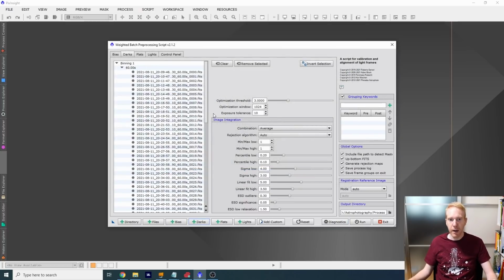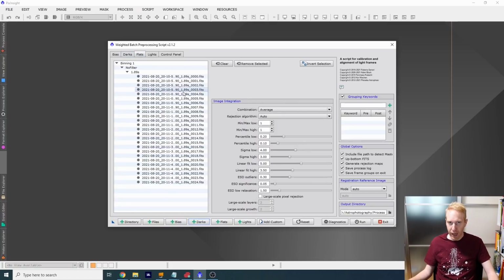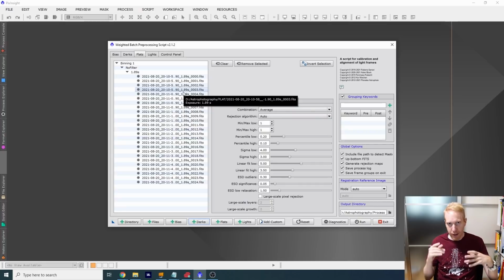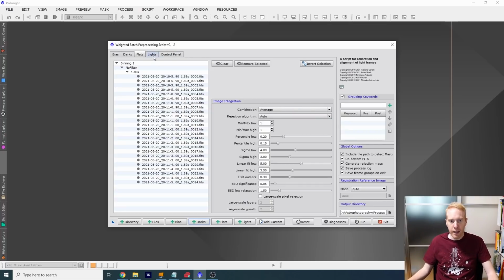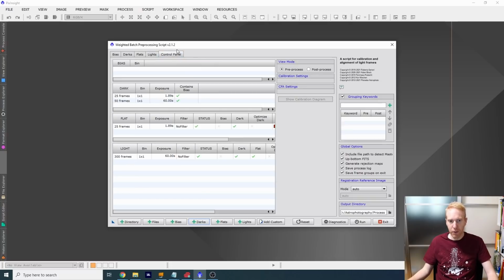So these are my calibration frames. Once I've added those, and ideally you really want to have at least flat frames for your calibration. They're a bit difficult to take, but I have a video on the topic that I'll put up there if you're interested. Now we can go to the control panel here, and the control panel tells me what's going to